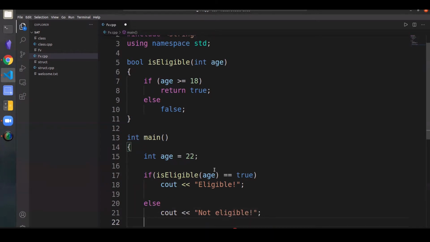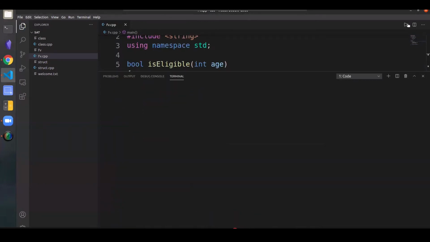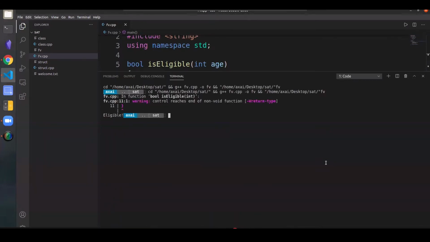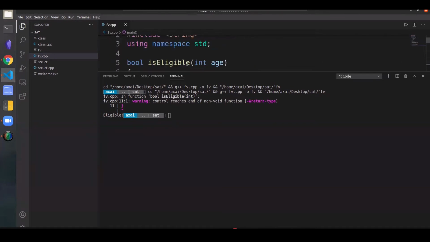Right? Okay. So let me compile this. Okay, some warning. It gave me a warning because I was not returning anything in the main function. I have to return something by default. Oh, sorry.